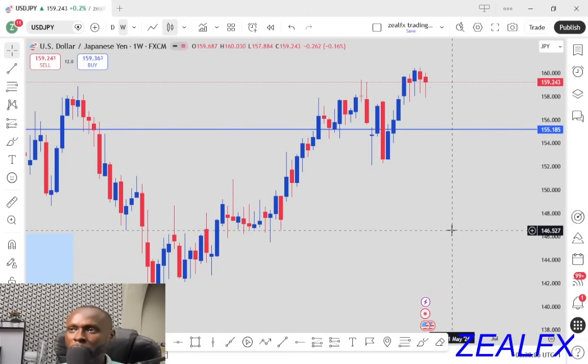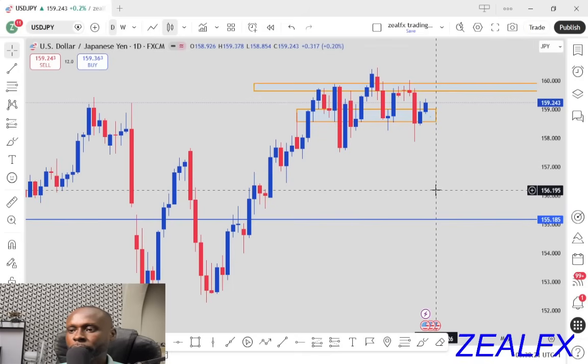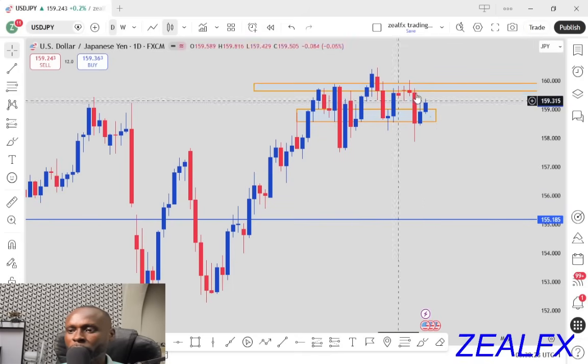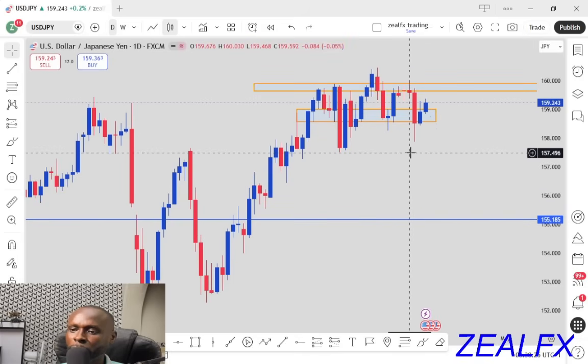So the weekly also is not that clear for us to buy or sell the USDJPY. So long as the weekly is not clear for buy and sell, we have to wait for clear direction for the USDJPY. So let's wait for price to break out of this zone, then we'll start looking for our possible selling opportunity on the USDJPY. So let's look at our next pair,